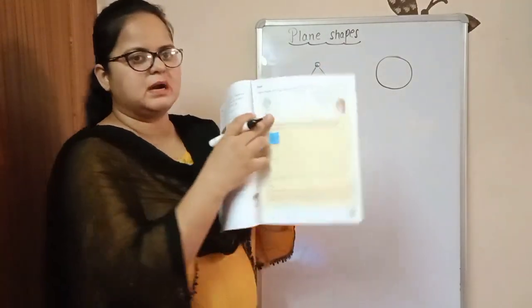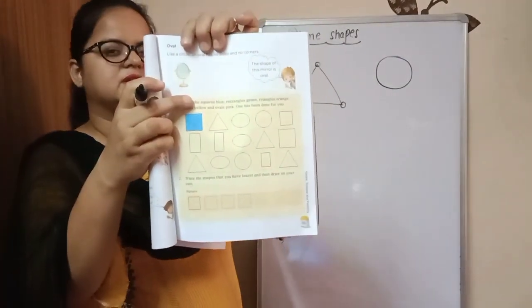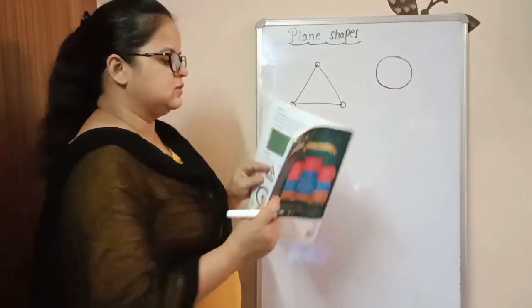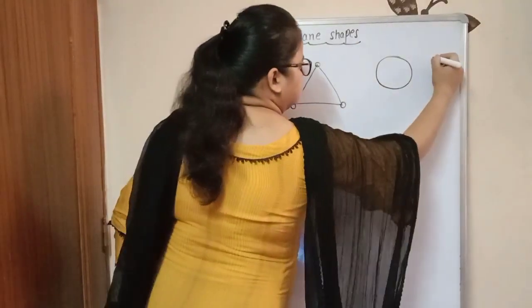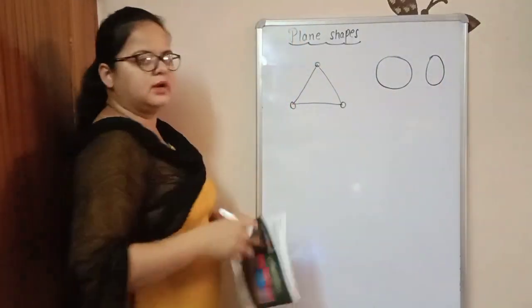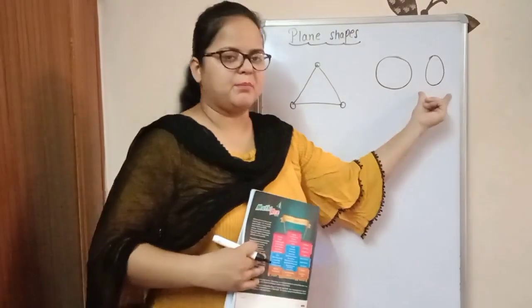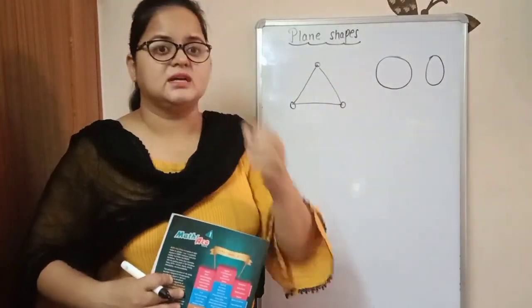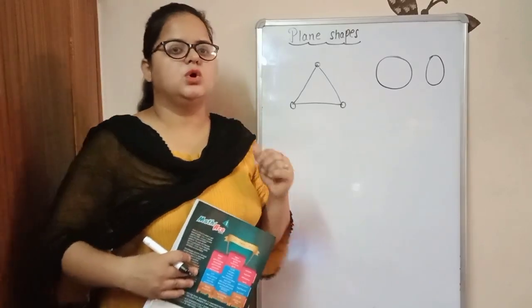Here you can see a picture of a mirror in oval shape. This is oval. This is like a circle and has no side and no corner. ये भी क्या होता है? सर्कल की तरह ही होता है बट थोड़ा सा प्रॉपर राउंड नहीं है. Oval is not proper round like a circle, and it also has no side and no corner.